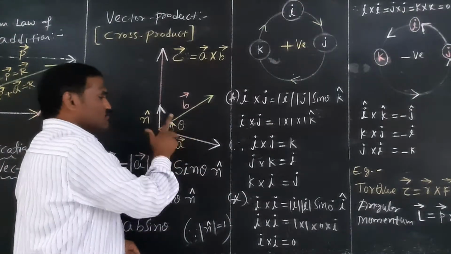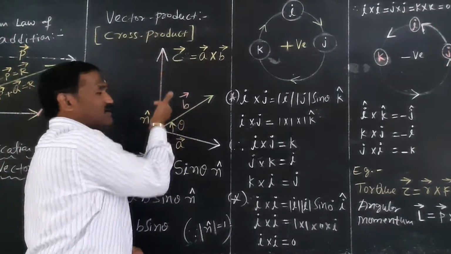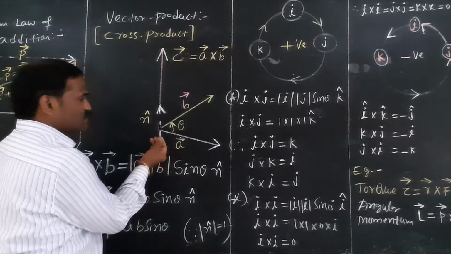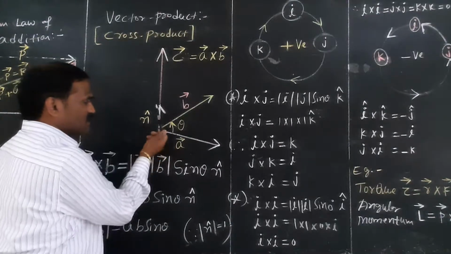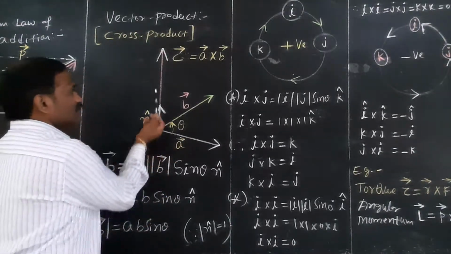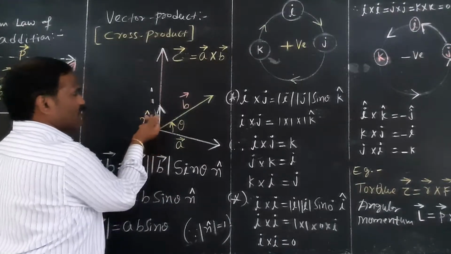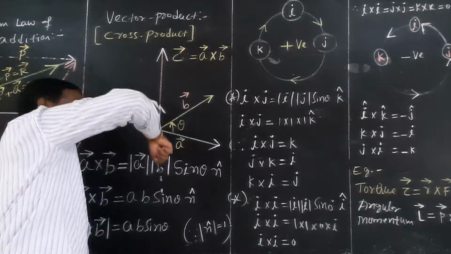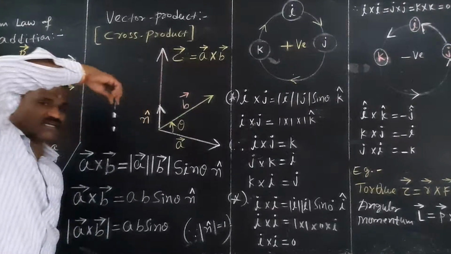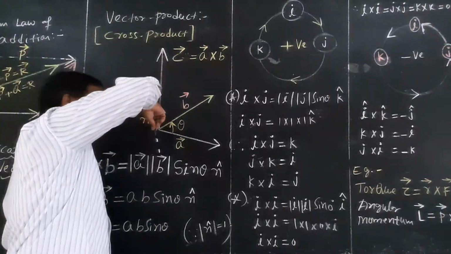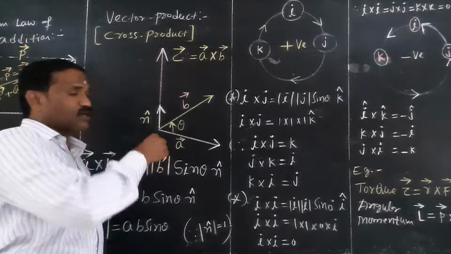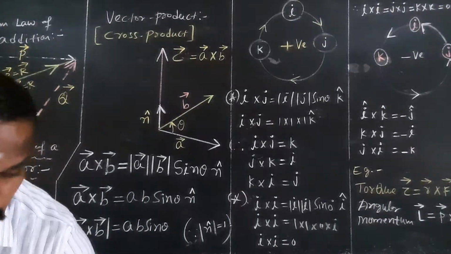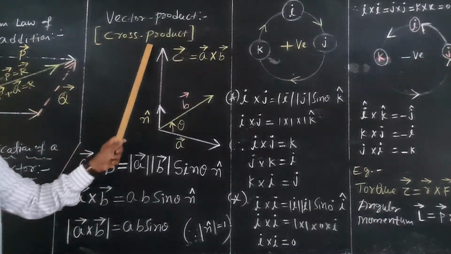The best example is a screwdriver. You get the screwdriver and rotate it. See here, I am rotating this pen in one plane. Where is the resultant? It is moving upward. A cross B will give us the upward direction. What about B cross A? B cross A is in the downward direction. If you rotate it in the clockwise direction, the result will be in the downward direction. If you rotate it in the anti-clockwise direction, the result will be in the upward direction. So what is A cross B? What do you mean by cross product or vector product?